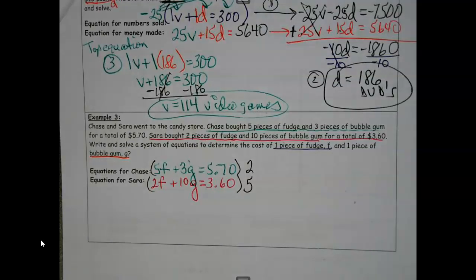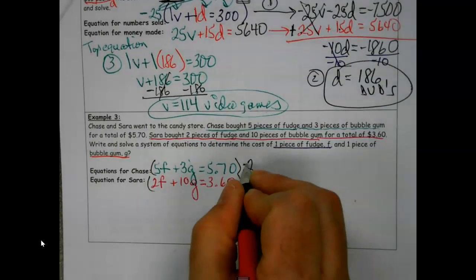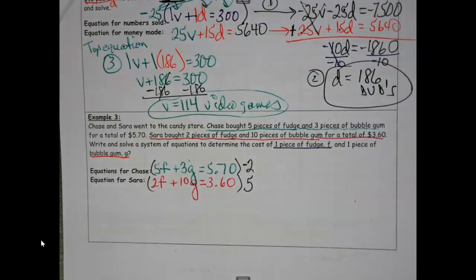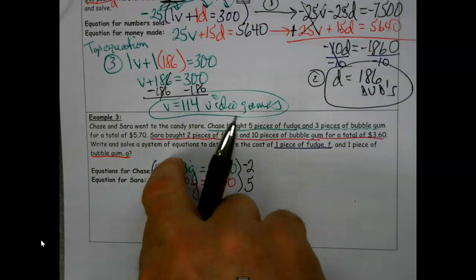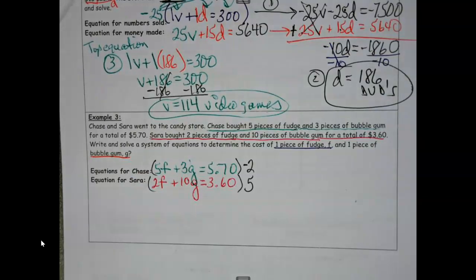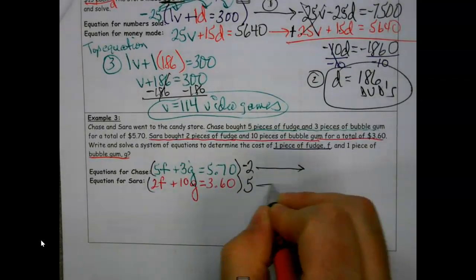And we're going to do one other thing. I'm going to make one of them negative. Because again, if I did 5 times regular 2, that would be 10. 2 times 5 would be 10. 10 plus 10 doesn't equal 0. That doesn't help me. So again, the idea here is you're just taking those first 2 numbers that you see, the 5 and the 2, and literally just flipping them around. So once I do that,